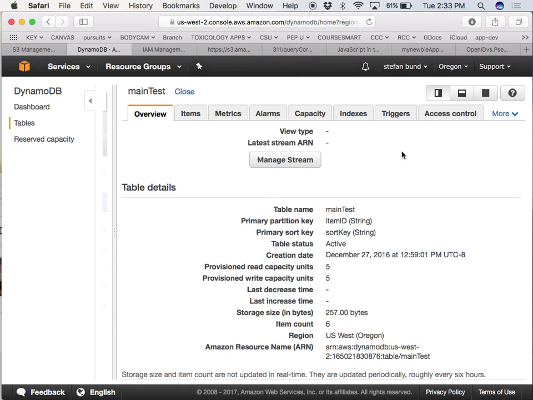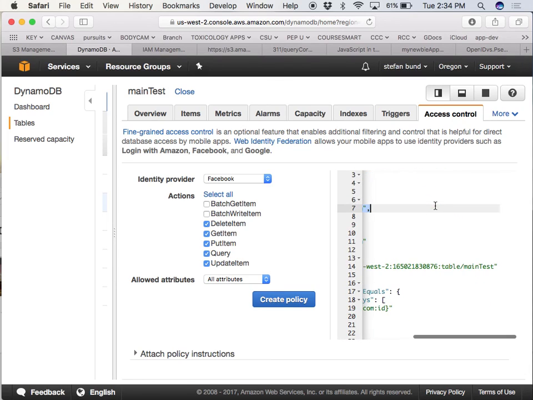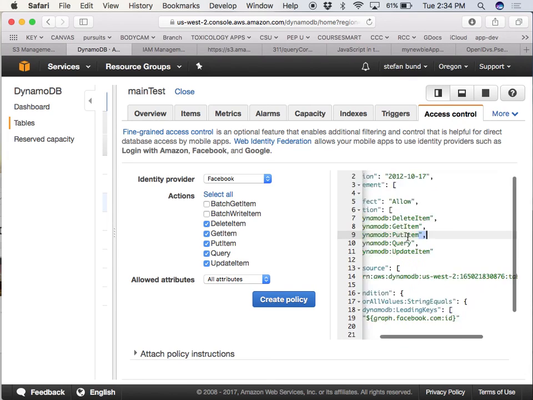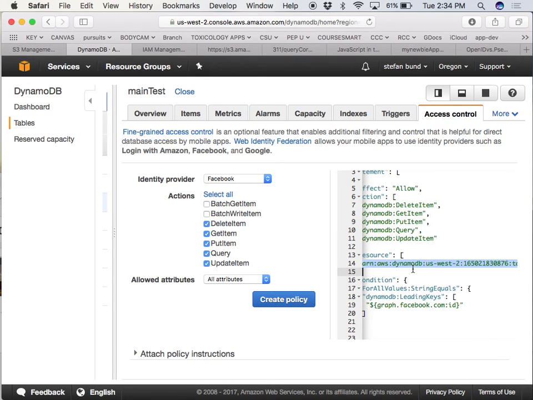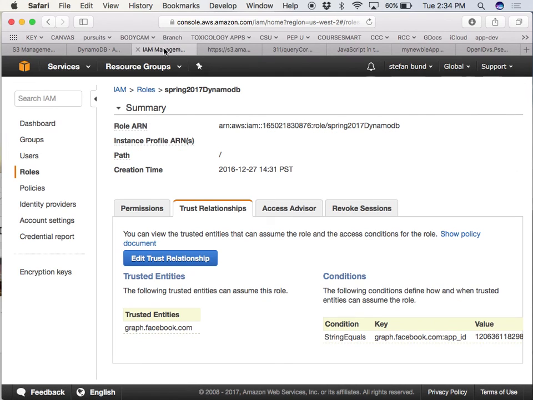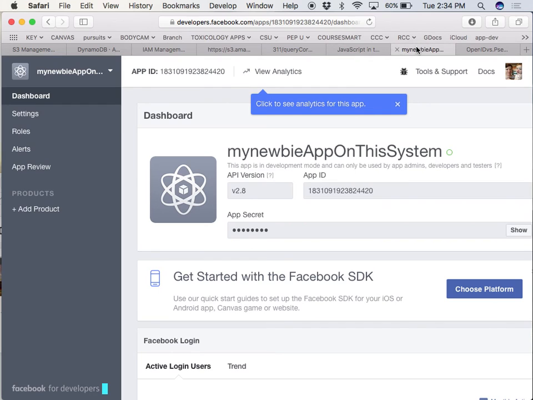Third, you've got access control on that database so that you will give out limited permissions. You also have what's called an ARN, or Amazon Resource Name, that we'll talk about in the next lecture. And then you're putting that into IAM. So IAM gives you the ability to receive OAuth tokens through Facebook's authentication system.